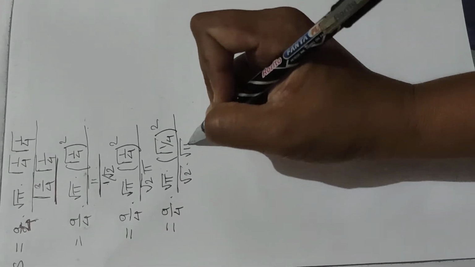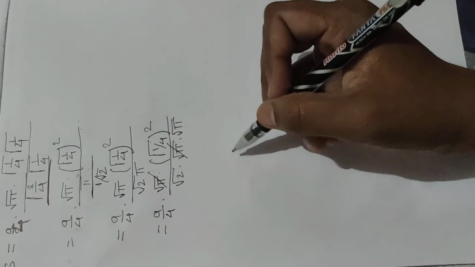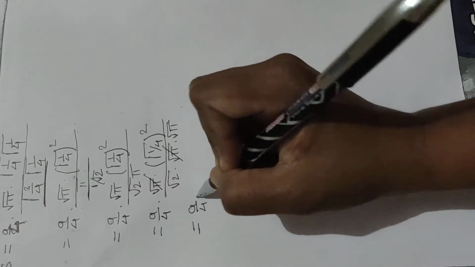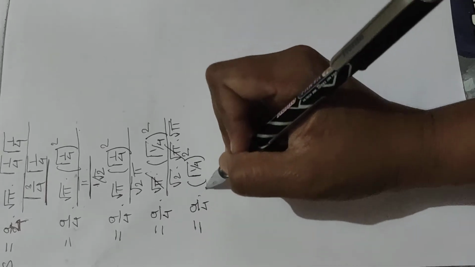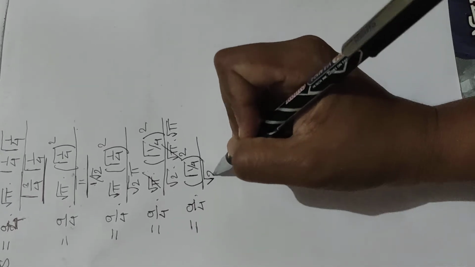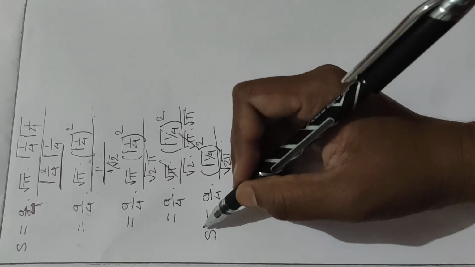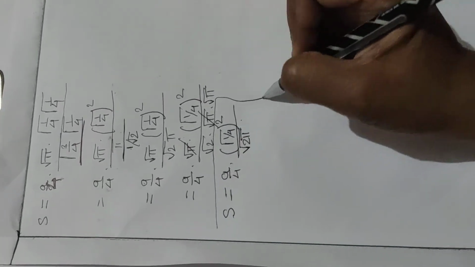So we write down this term: a by 4 root pi gamma 1 by 4 square, divided by root 2 into pi. It can be written as root pi into root pi, so one root pi gets cancelled. So how to write this term? This can be written as a by 4 into gamma 1 by 4 bracket square, divided by root 2 into root pi, which is root 2 pi. So this is the length of the upper arc of the one loop. Okay, so this is the answer of this question.